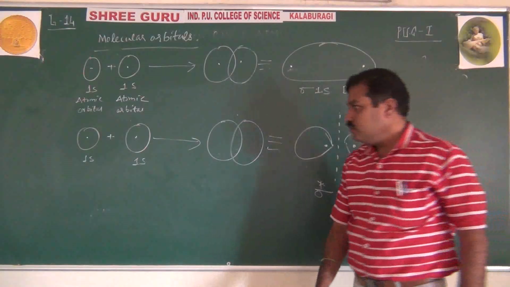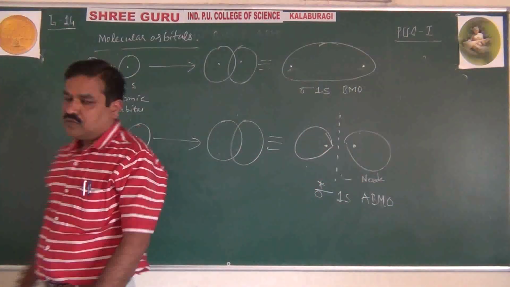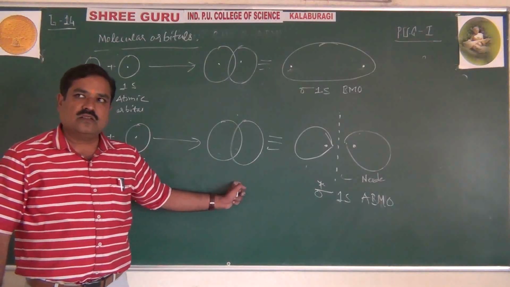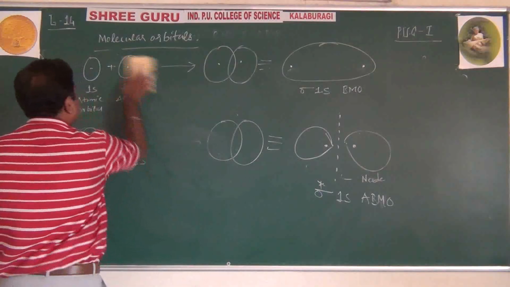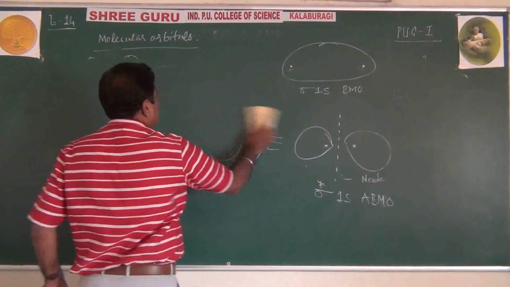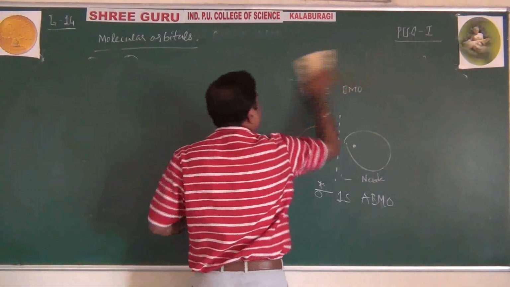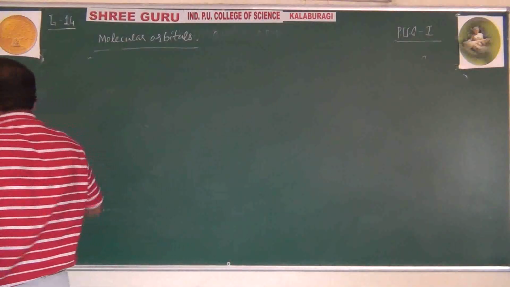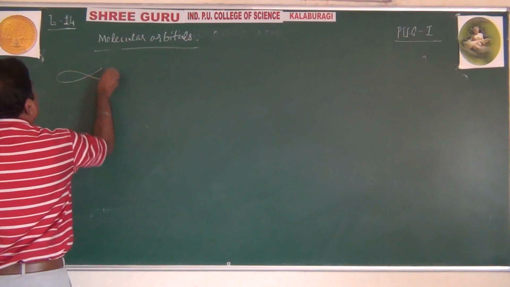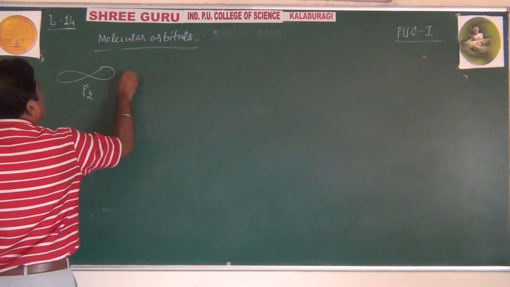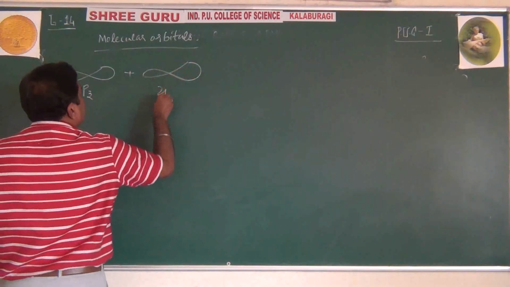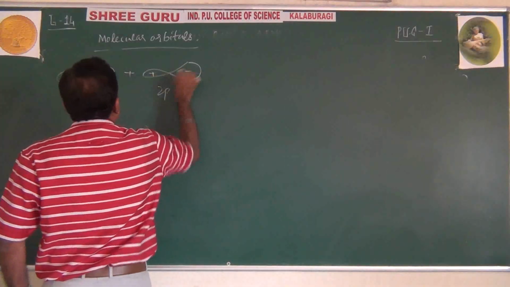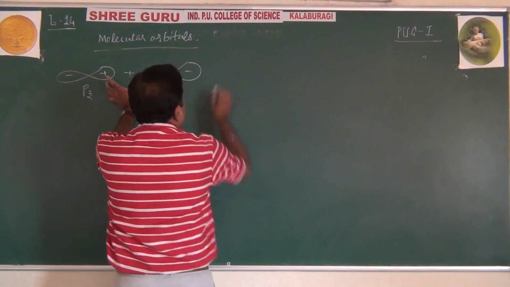And this is the same for sigma 2s and sigma star 2s, because s orbitals are symmetric. Got it? Now, coming to next, sigma 2pz and sigma star 2pz. First, we will complete the sigma molecular orbitals. Sigma 2pz, see, pz, sigma 2pz, pz. See, minus, plus, minus. Here, lobes should be same. Otherwise,